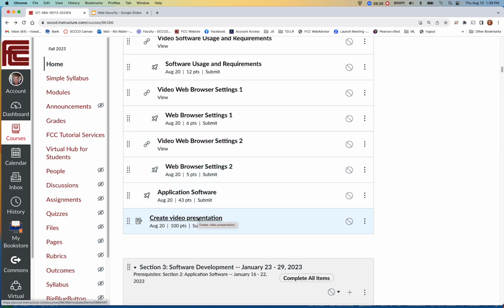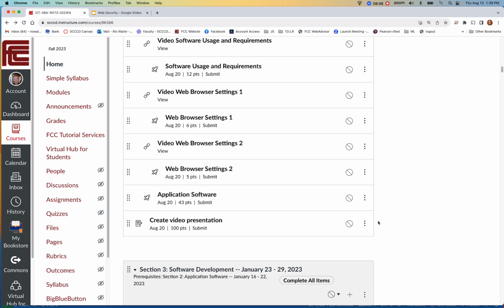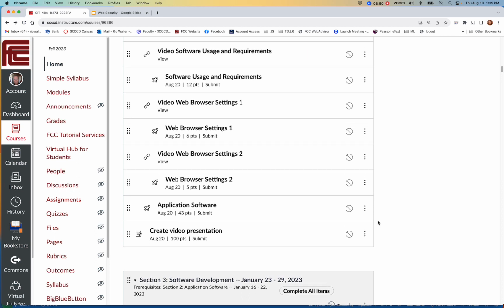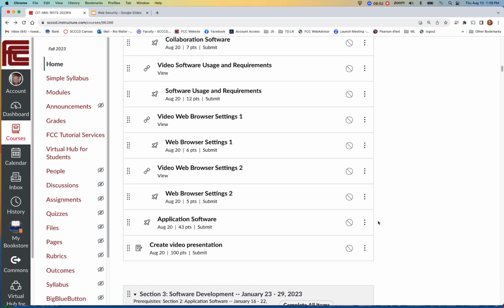Again, I recommend doing it sooner than that, because what will happen, and that's okay if you wait till Sunday to post it, is I'm not going to see it till Monday, and then I'm not going to have as much time. So if you want better feedback from me, try to do it sooner. And also for yourself, because sometimes we procrastinate because we don't want to work on it. But the truth is, I find it still is hanging over my head, and when I get it done, I feel better.